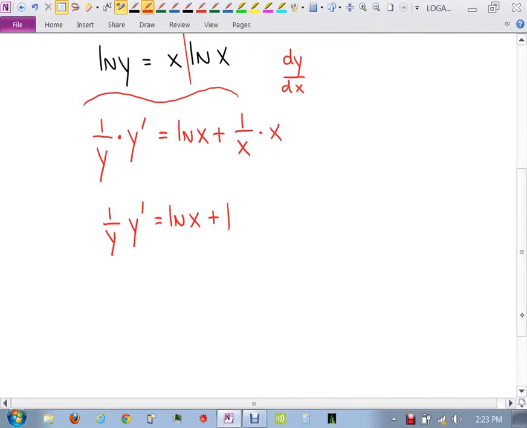And what was the goal with implicit differentiation after you take the derivative? You wanted to do what? Get y prime by itself. So how can I get y prime by itself over there? Divide by 1 over y or multiply both sides by y. I'm going to multiply both sides by y. And when I multiply, it has to distribute through, right? So